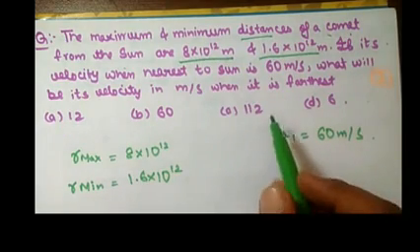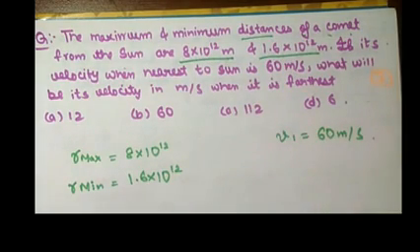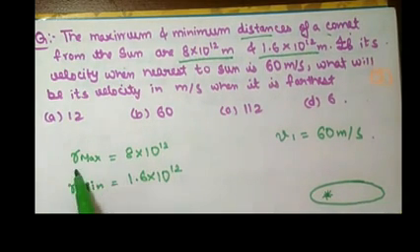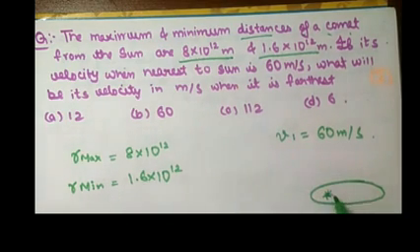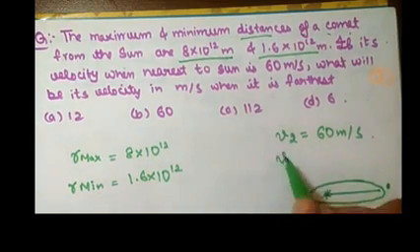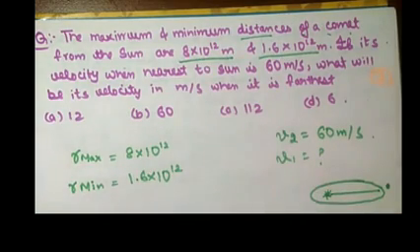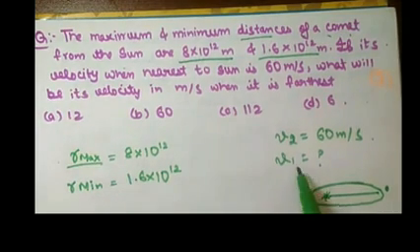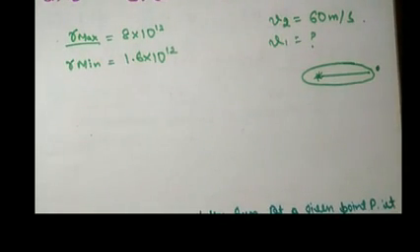Now if you remember, we made a conclusion there that the object will be faster if it is near to the sun. So that's why here the radius is maximum, so the distance will be maximum, so the object will be far and its speed will be less. So here it will be v2, and v1 I think we have to find in this question. What will be the velocity in meter per second when it is farthest? For the farthest, r is maximum, so we have to find that in this question. So let's now solve this question.